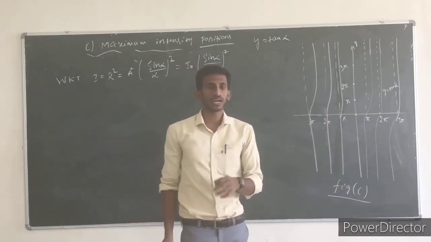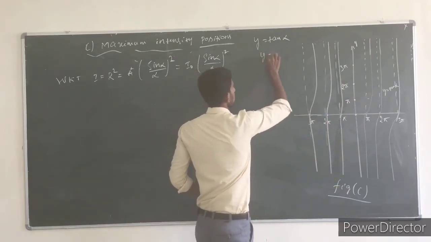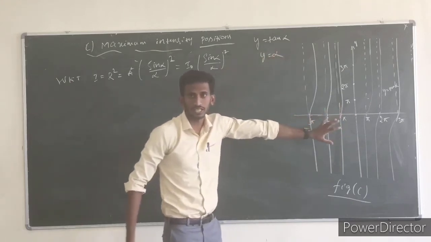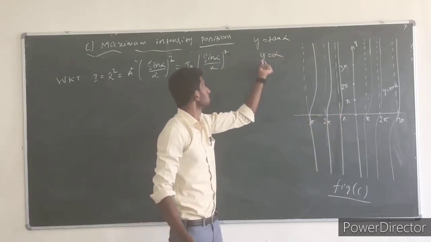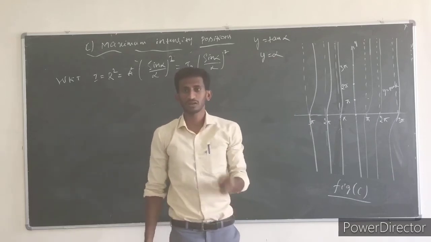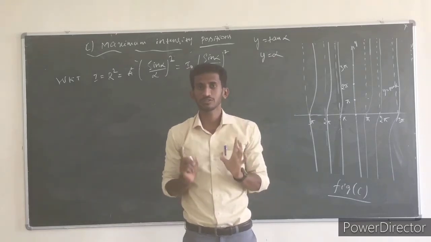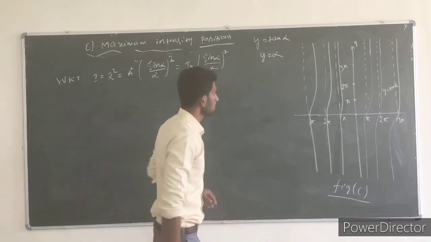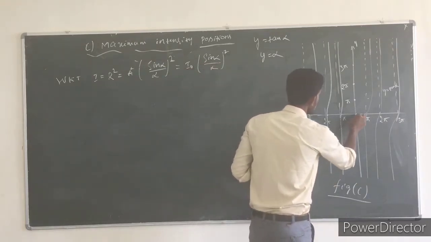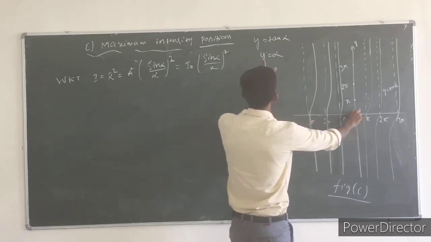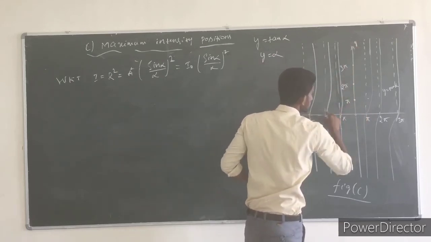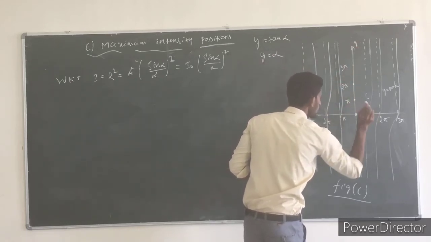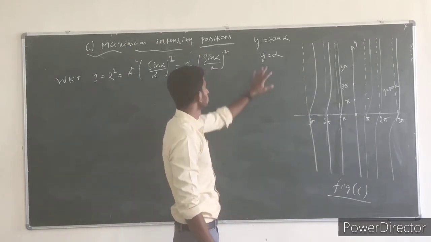So again, I plot y is equal to alpha on this graph only. So y is equal to alpha is nothing but what? If y is equal to 1, alpha is also 1. If y is equal to 2, alpha is also 2. Now let me take 2 points. So first I will take y is 0. So this is the y axis and this is alpha. Y is 0, alpha is also 0.